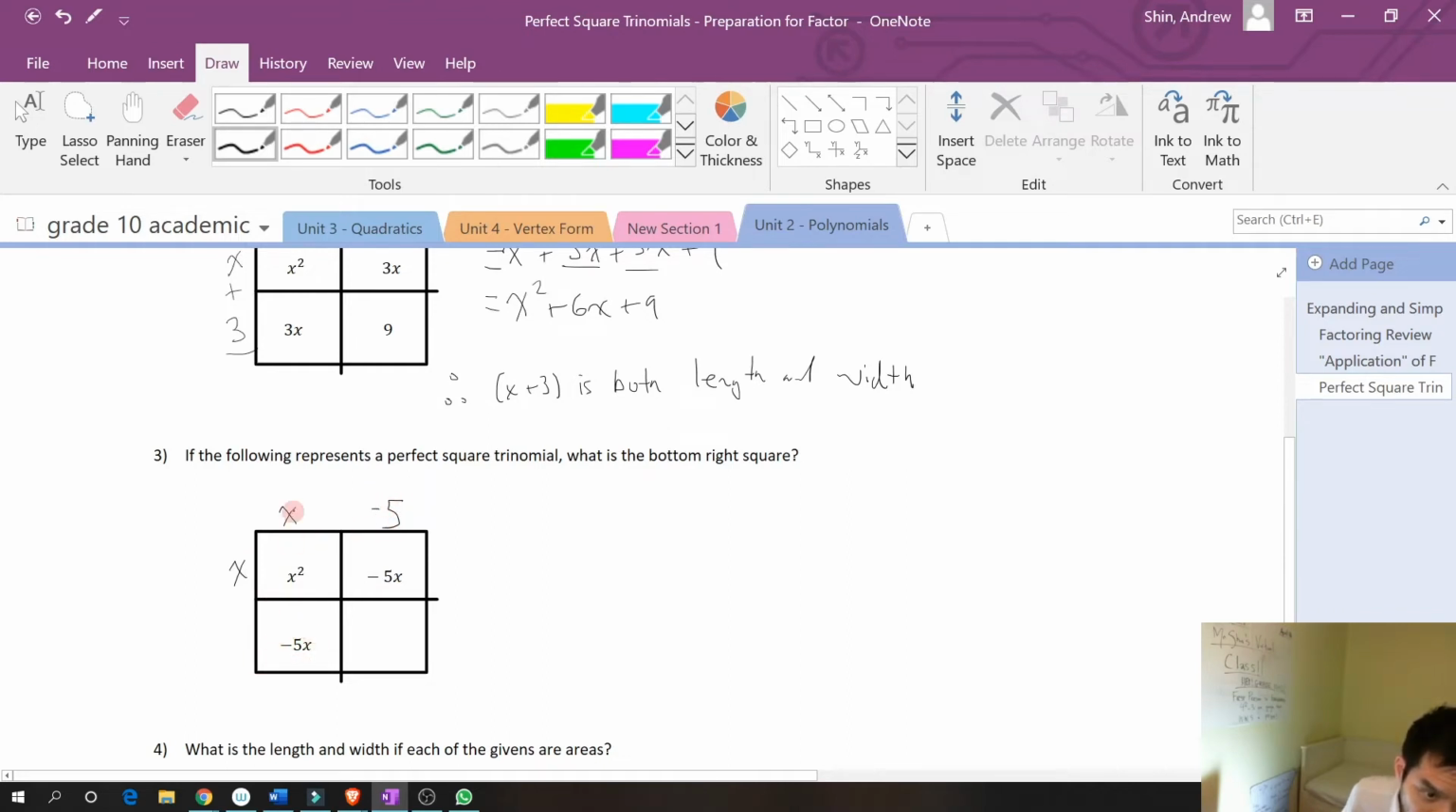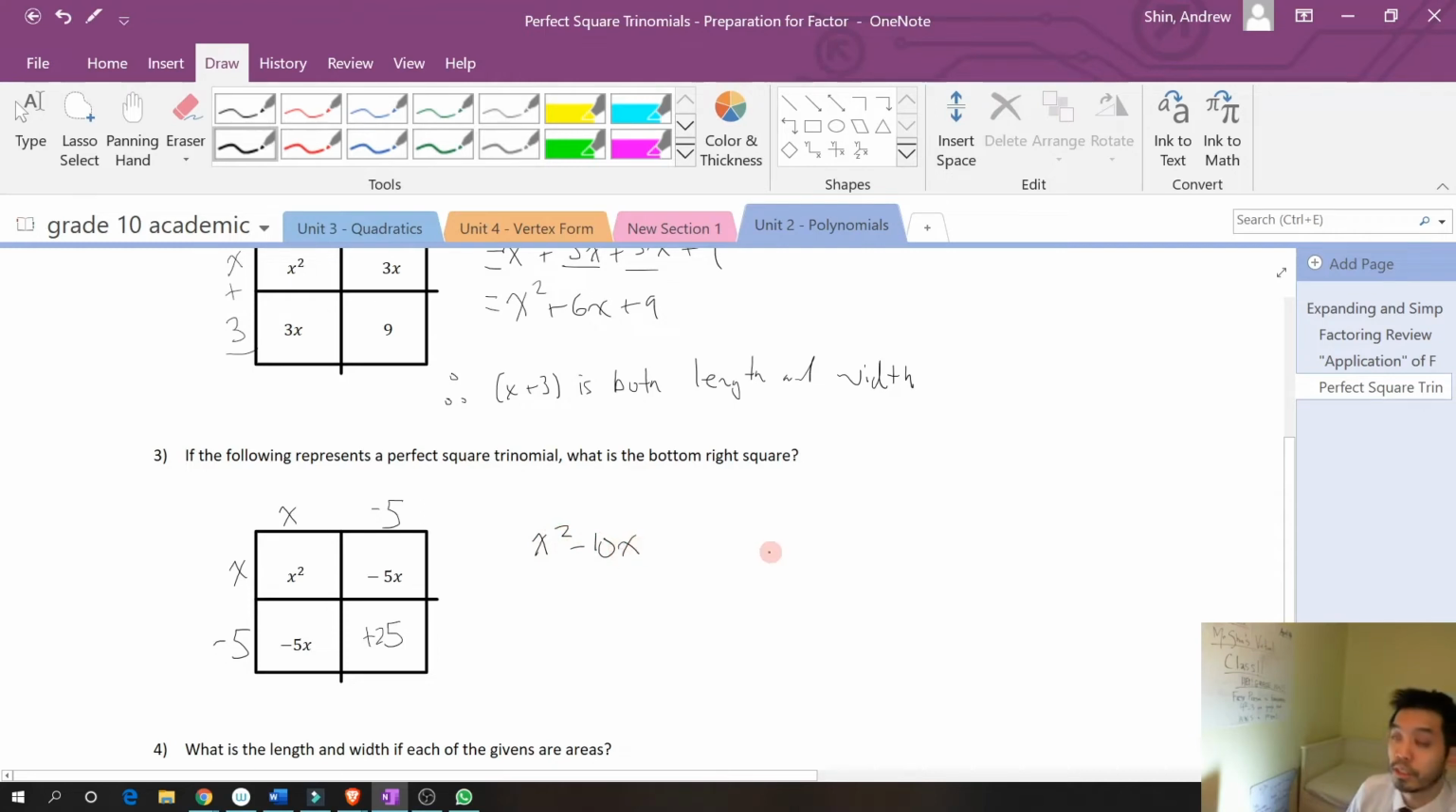If this is negative 5x, and this is already multiplying x times something has given me negative 5x, we can divide. Negative 5x divided by x will give me negative 5. And so we do negative 5 times negative 5, which will give me positive 25 to get us that final portion right here. So really, the question was, if I were to put this all together, x squared minus 10x,